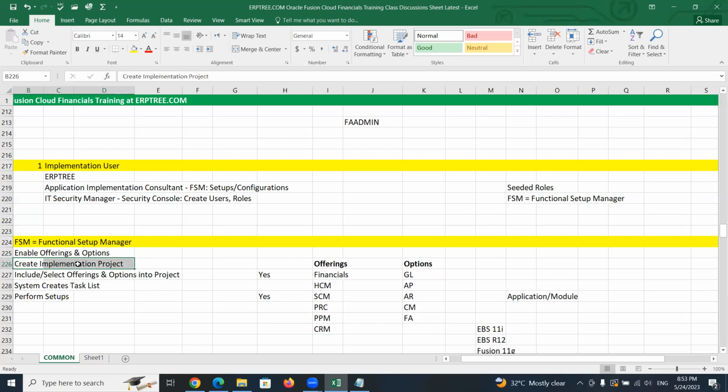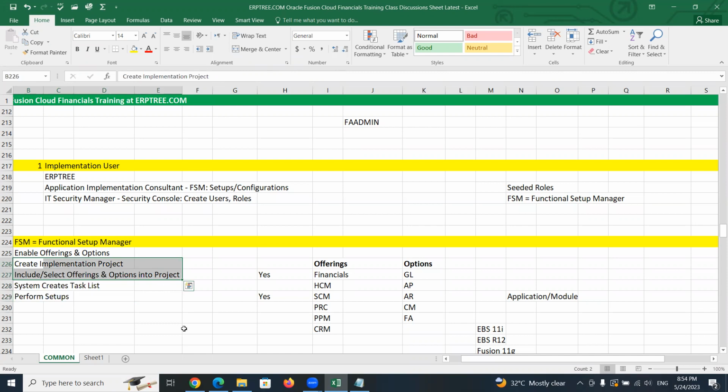When you create an implementation project, it is an empty project, and you can include whatever offerings and options are required, meaning what you are going to implement. Whatever you select, the system will create the relevant task list for those offerings and options. It will list out all the setups we have to complete. Then you can start working on the setups. What is the purpose of the implementation project here?